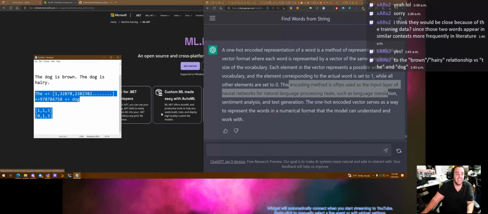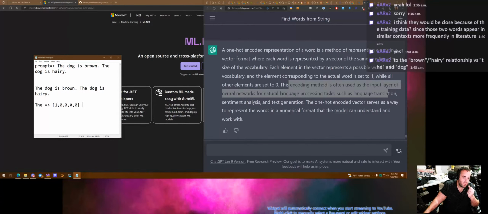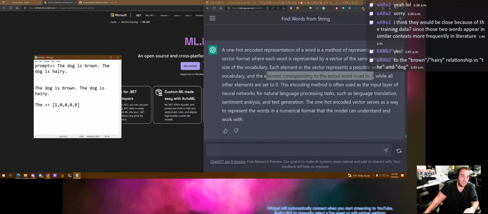So what they're saying, let's clarify this, is if you have a 5 feature model here, a 5 parameter model, your first one, so 1, 2, 3, 4, 5. The features are uninitialized. And I think what they mean here is the element corresponding to the actual word is set to 1. So if we say that the nth,